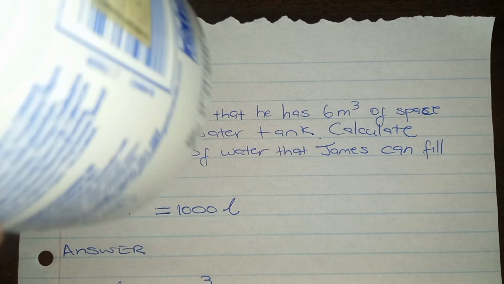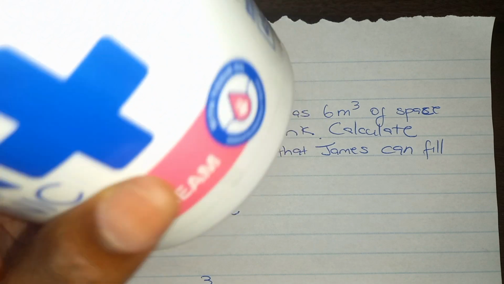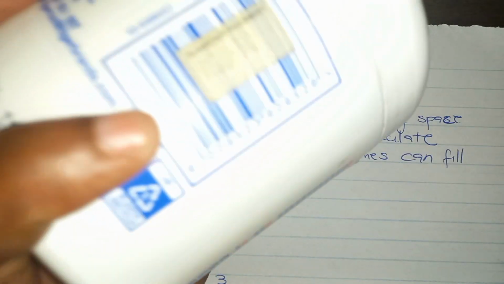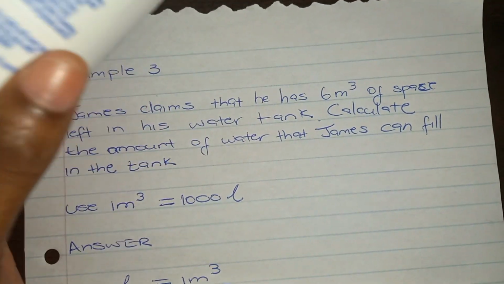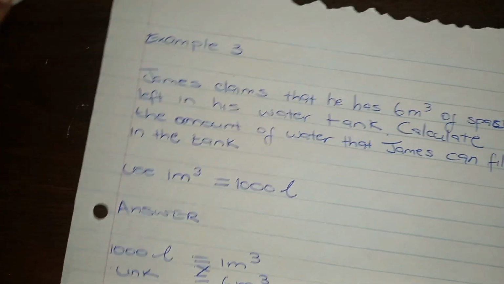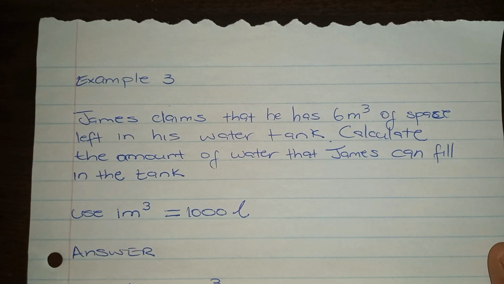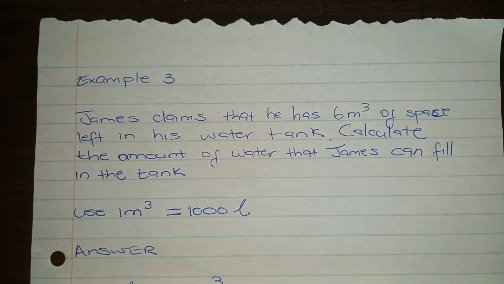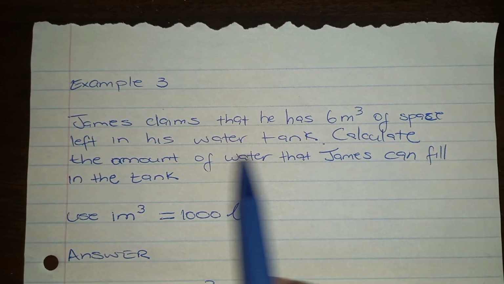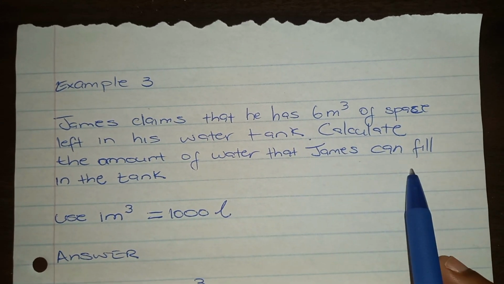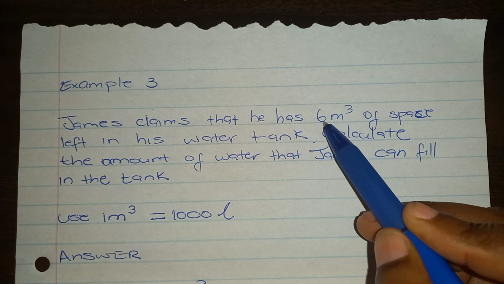Now remember, a tank is a cylindrical container like this, unless they state it's not, right? Unless they say the tank is rectangular, I usually imagine it being cylindrical, but sometimes that doesn't even matter. Use 1 cubic meter is equal to 1,000 liters to answer the question. So the question said, calculate the amount of water that James can fill in the tank if the space is